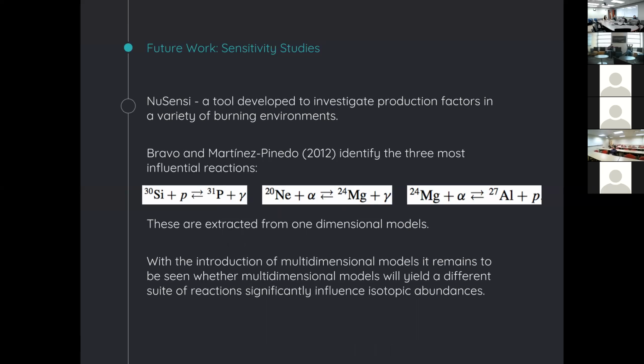JINA-CEE is a tool that we have to investigate the impact that different reaction rates have on abundances, and so Bravo and Martin have identified these influential reactions in type Ia supernova, but these are extracted from one-dimensional models, and so it is perhaps useful to go back to these in a fully three-dimensional model and investigate which of these reaction rates are most important, and what is the best use of an experimental physicist's time. Which reaction rate should they be looking at? And